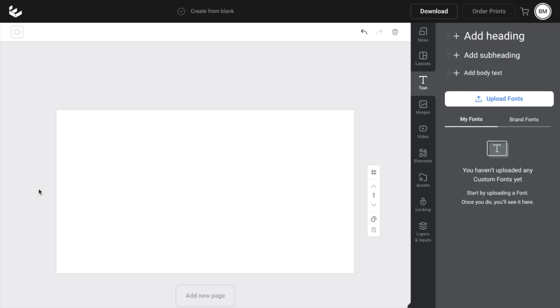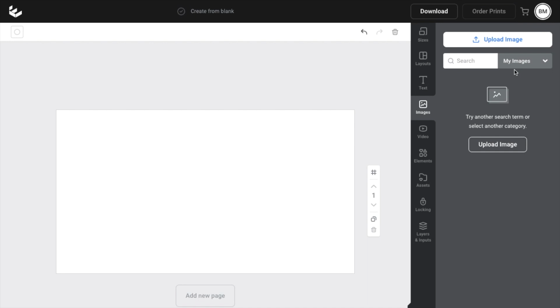So in this Easel tutorial video, I am going to be showing you guys how to invert an image here on Easel. So the first thing you have to do, once you have the Easel application opened up, is to go to the images tab on the right hand side of your screen, right in between video and text, and press on it. I'm going to go to where it says my images and just do stock images for